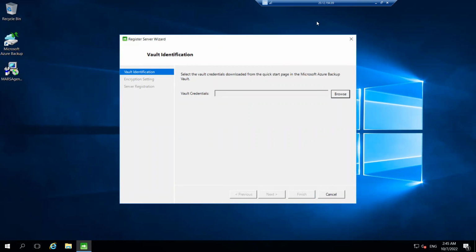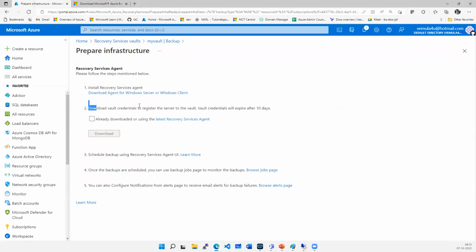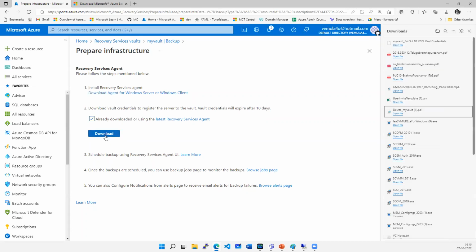So then where do you get these vault credentials? The vault credentials you will be downloading from here, recovery services vault. So below this download option, download the vault credentials. So I'm saying that I already downloaded the agent and installed it. So I'm going to go and download this particular vault credentials. Okay? So you can go ahead and